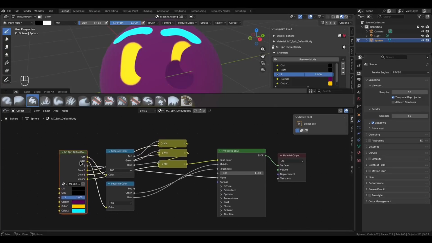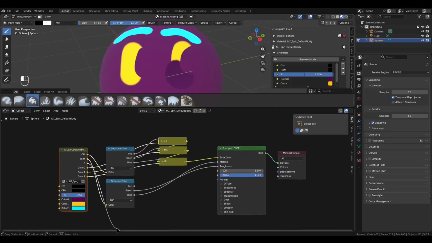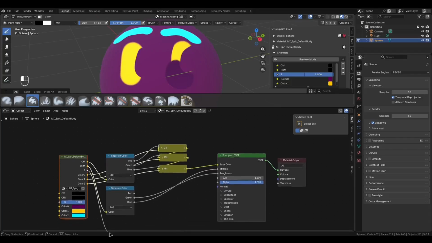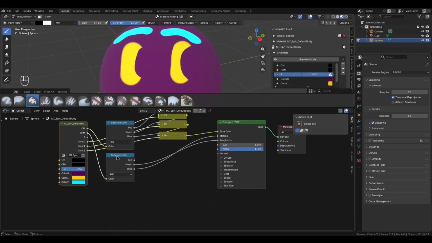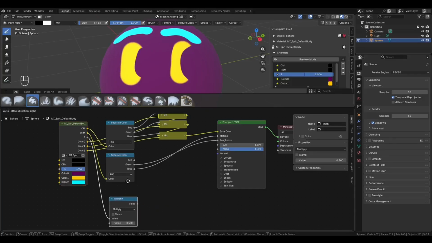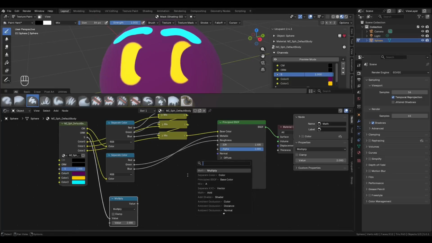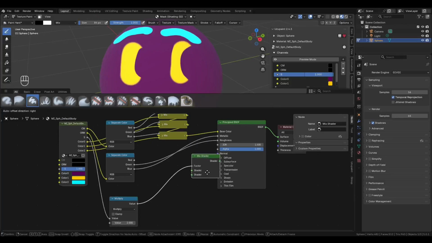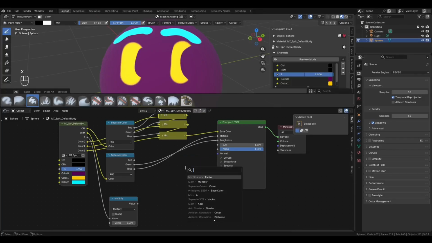Okay. It did connect directly to alpha, which we don't need. That's why it is doing that. What we need is a multiply node from map. Type multiply by 2 and plug it into a new node that is a mix node again. It's going to the factor, no, not mix shader, sorry. Mix color,